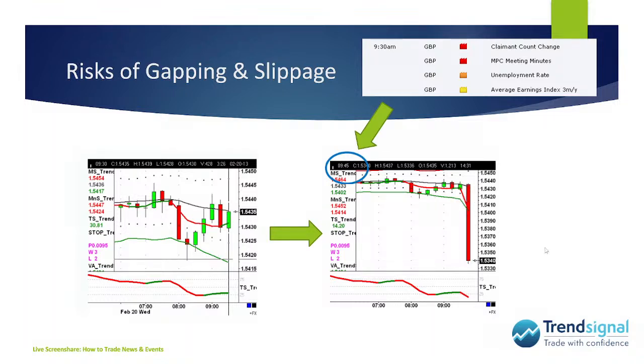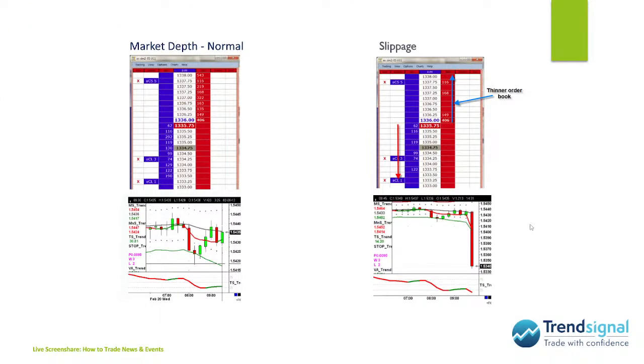And why is that the case? And don't worry if this all sounds a little bit scary, it doesn't need to be. The reason this happens, by the way, is because of what's called the market depth. Now, the market is made up of buyers and sellers all over the world, right? And that creates a price.